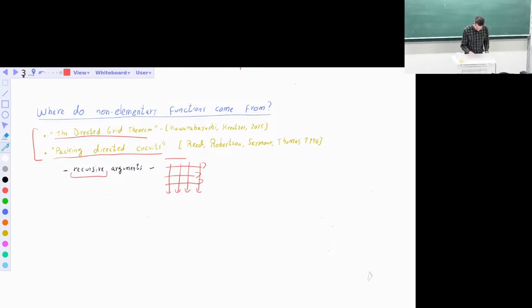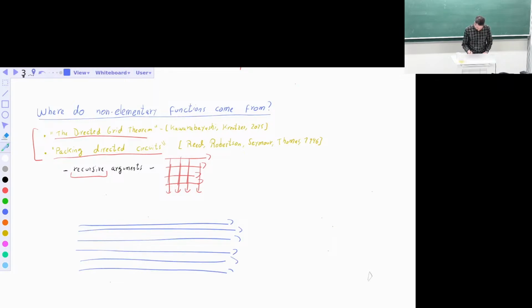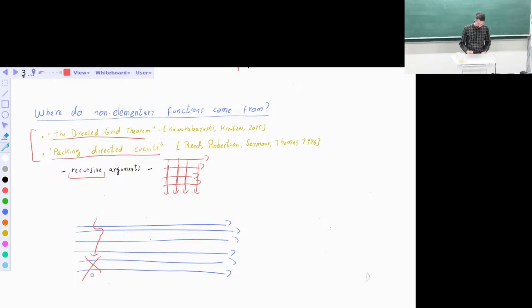So that's a grid where the paths are oriented from top to bottom and from left to right. And one way you can argue about getting this grid, on a very high level, is that you get many paths, and you want to iteratively construct your column. So you try to argue I have some other linkage, and I have some path that intersects a few of my blue paths in an ordered fashion. And for the other paths, either I do not intersect in the correct order or I do not intersect at all. So that means I have to drop these paths, and then I recurse on the rest. I lose something, and I try to recurse on the rest of this